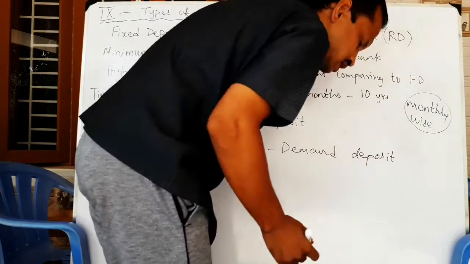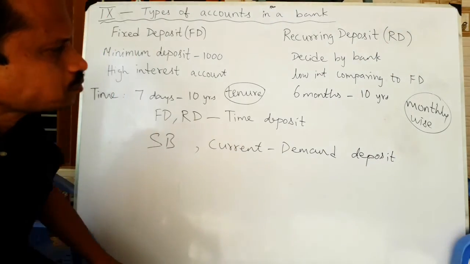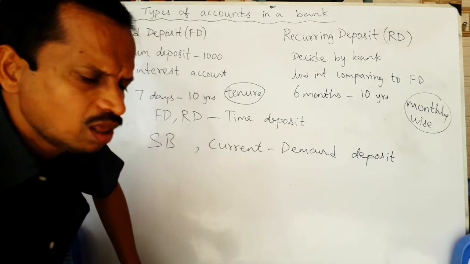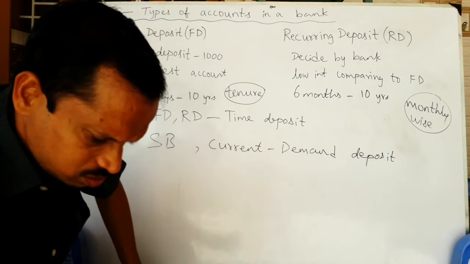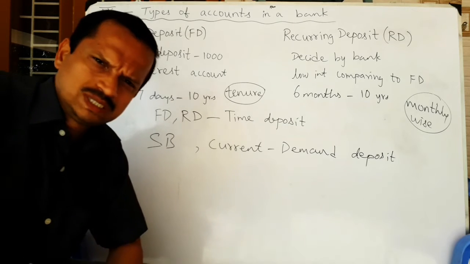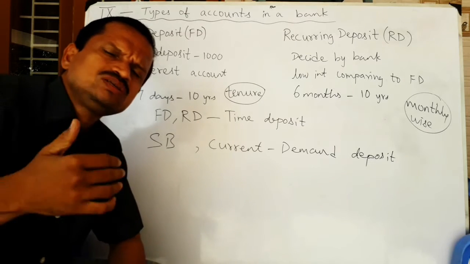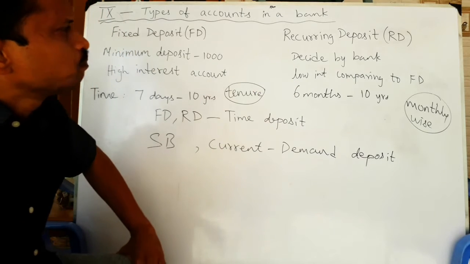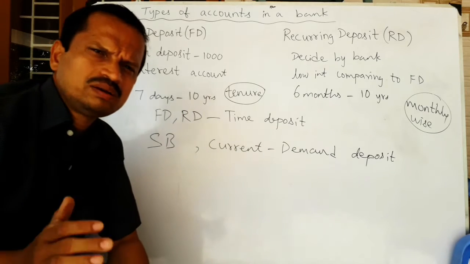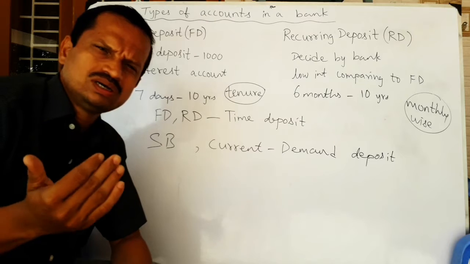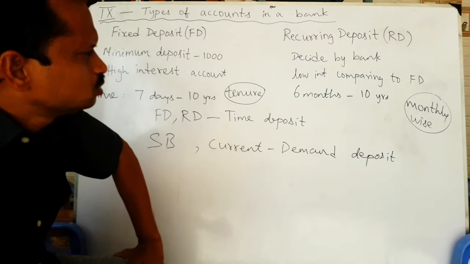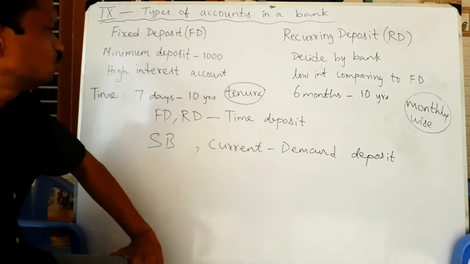So here we can deposit monthly. For example, every month I am depositing 1000 rupees. Then I am planning to deposit for 5 years, so every month I have to deposit 1000 rupees. That is a repeated deposit, a monthly repeated deposit, which is called a recurring deposit. The duration is minimum 6 months to 10 years. So I can plan for 1 year or 5 years, 10 years, like that. The minimum duration is 6 months and the maximum is 10 years. Within this we cannot withdraw the money. So these are the differences.